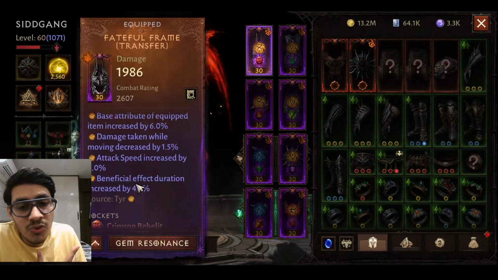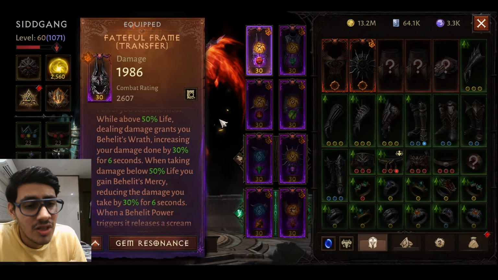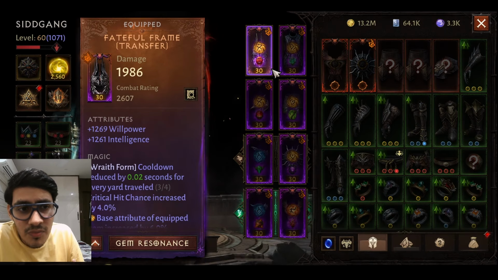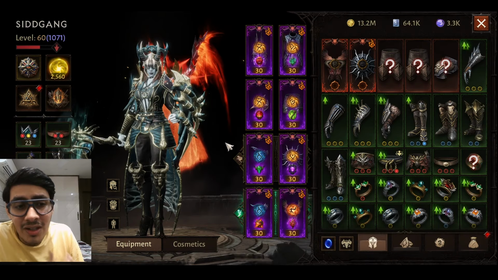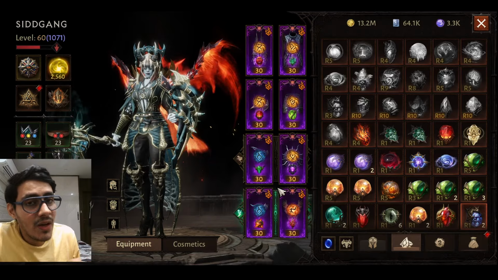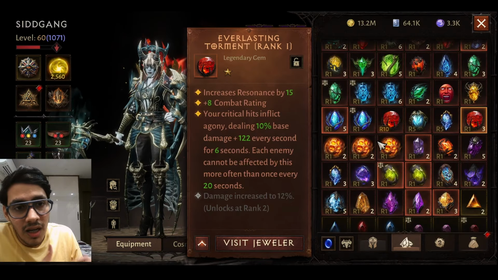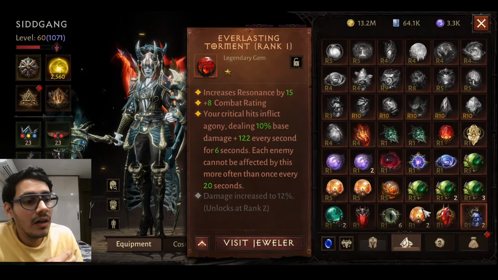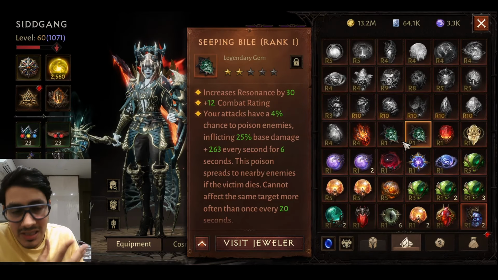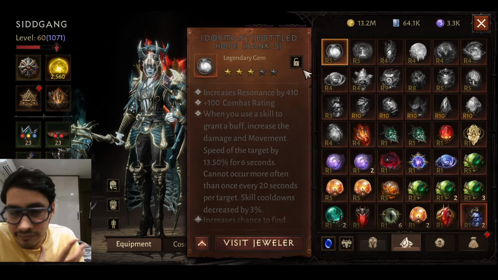And also I'm using the Crimson Behelit. This is also for reducing the damage. Now if you may not have Crimson Behelit or Haunt Coil, what other alternatives you have for legendary gems? The ones that I will recommend are definitely, like I already said, Everlasting Torment. You also have Sleeping Bile. What you can also do is use Bottled Hope,